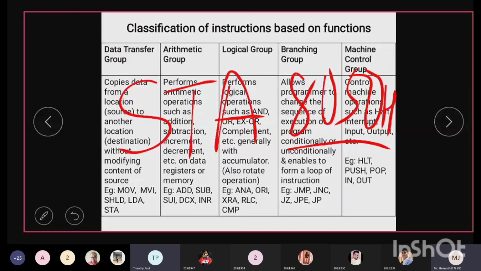Getting it? So what happens when you see this instruction in your program? Take the example program which you did, that is addition, it might be. After doing addition, your result will be stored in the accumulator, correct? Yes, sir. Your result will be stored in the accumulator. I want that result which is stored in the accumulator to be displayed in one of the memory locations.